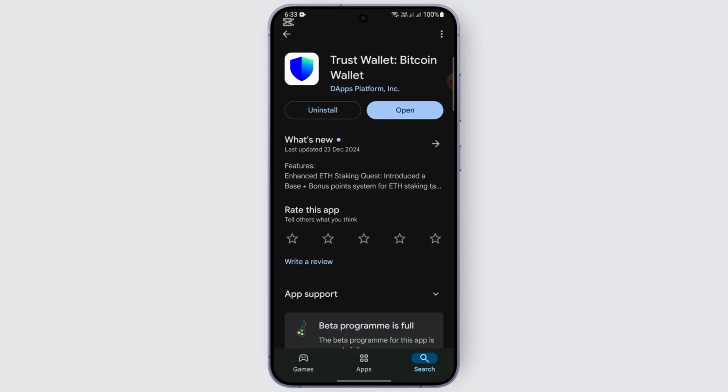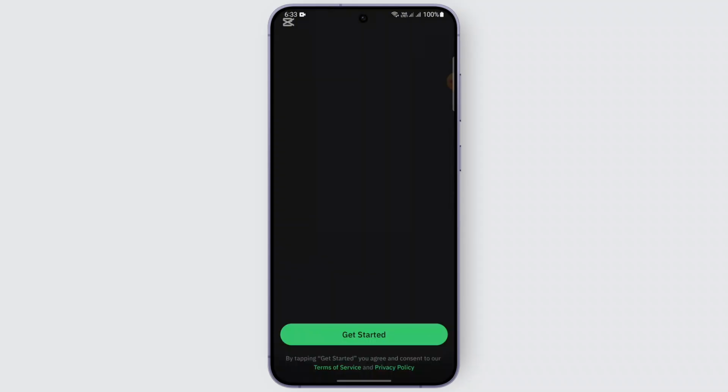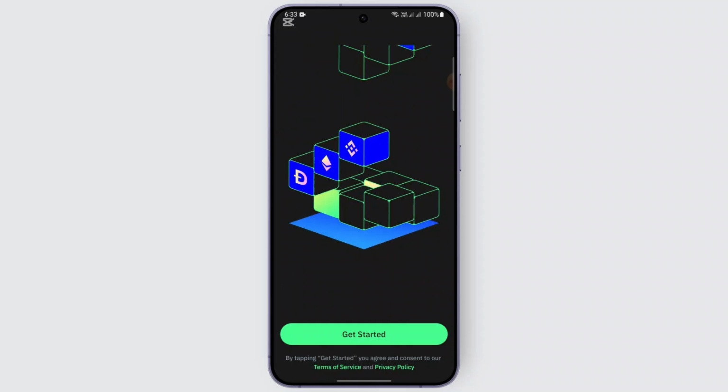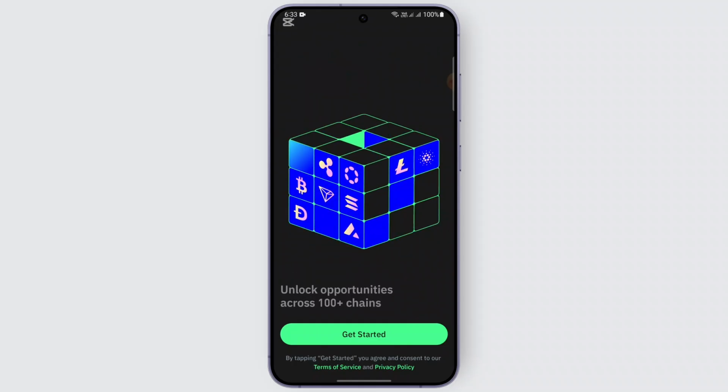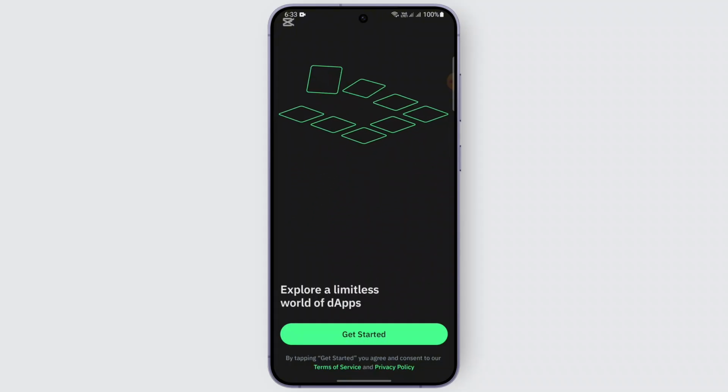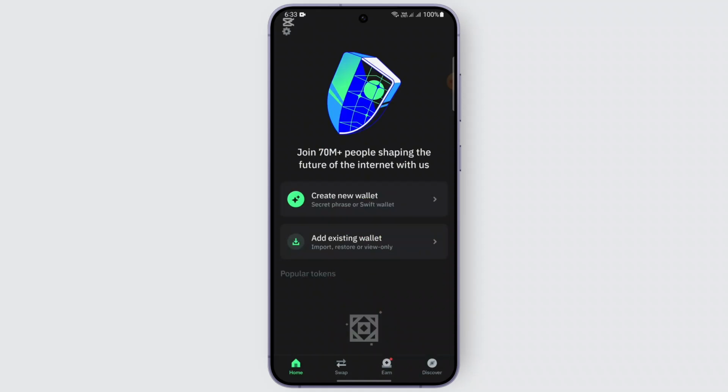First of all, open up your preferred browser, or you can directly head over to the app of Trust Wallet and make sure you have installed it on your device. And once you're on the app, look for the Get Started option on your screen. Just go ahead and tap on it and wait for the screen to load, where you will be finding different options here. So in order to log in, since we already have an account, we're going to tap on